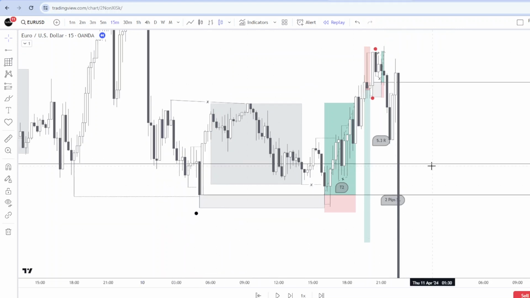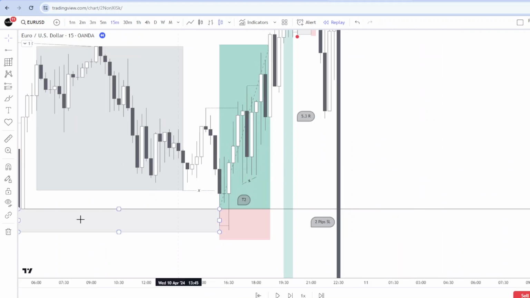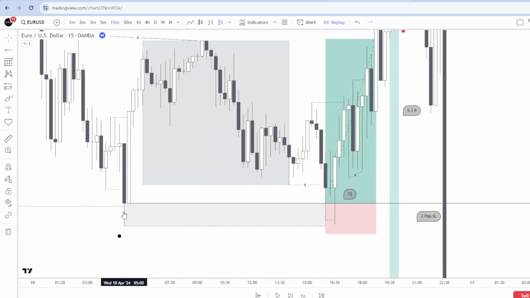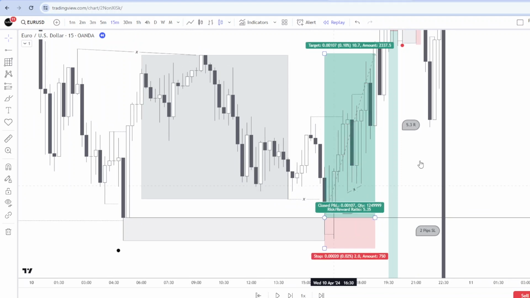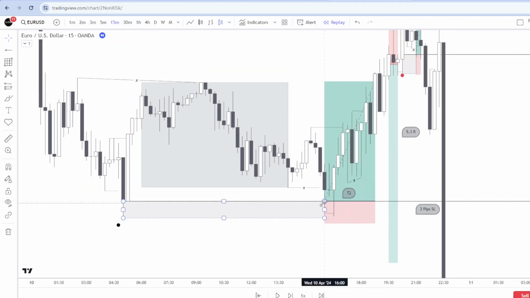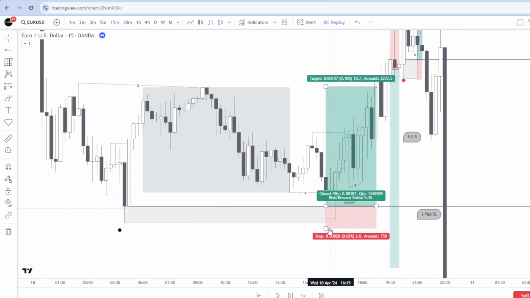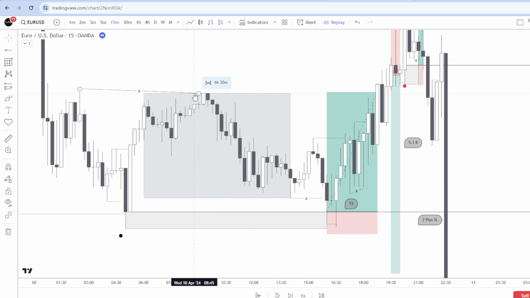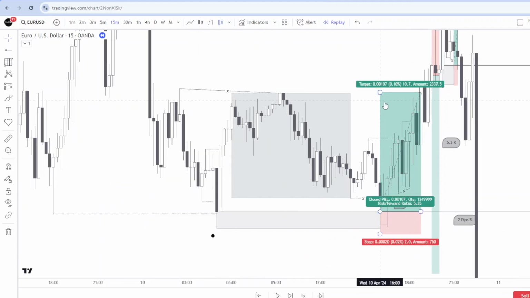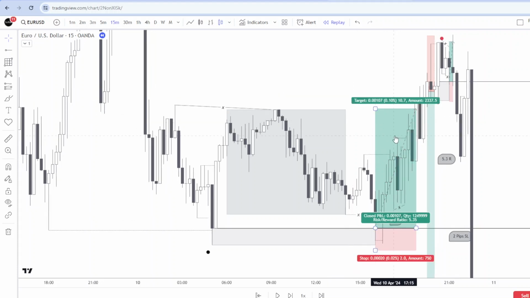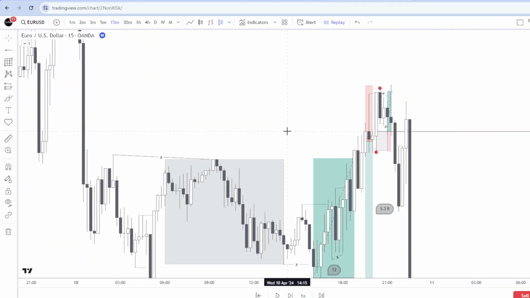Let me just delete these. Price came to mitigate this M15 unmitigated wick, as this low was used as liquidity. Okay, so price stepped into it. That's where I put my direct entry, and my stop loss was just above Asia high, and I took a 5.3% in this trade. Then price came up to mitigate a higher time frame key level, which is this one,